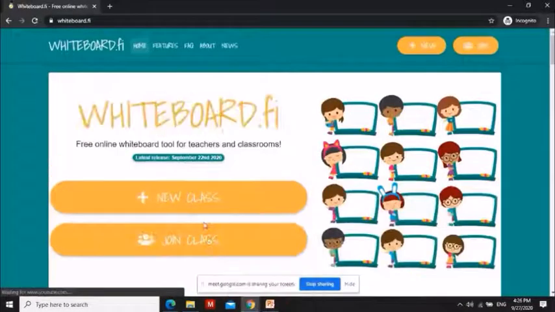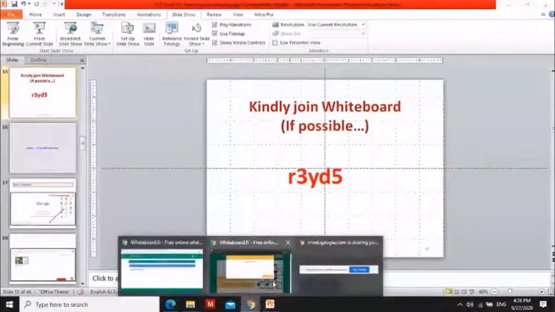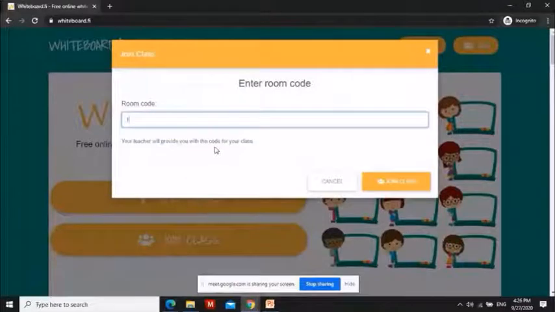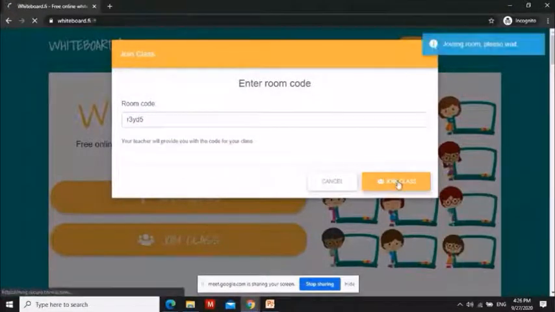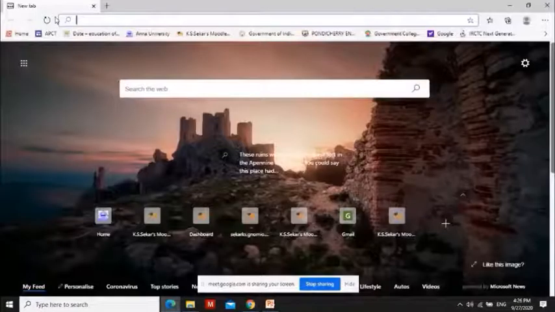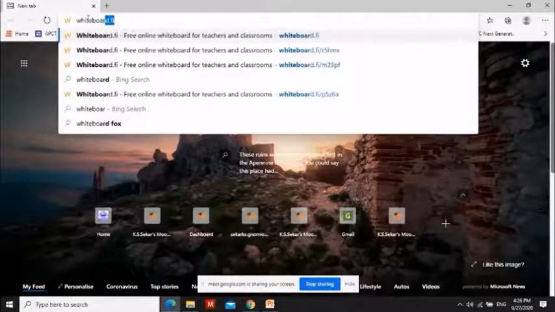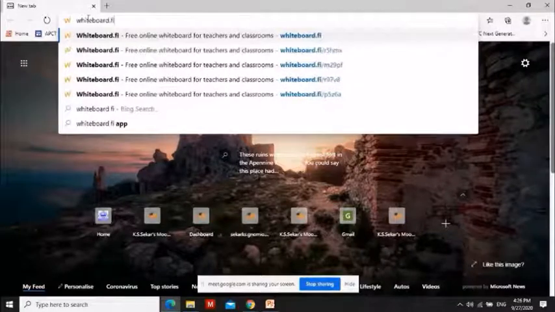I am going to join the class using the code R3YD5. It will send a message, and I also have another Internet Explorer browser. From there I am also joining. So I am joining as 2 different usernames.